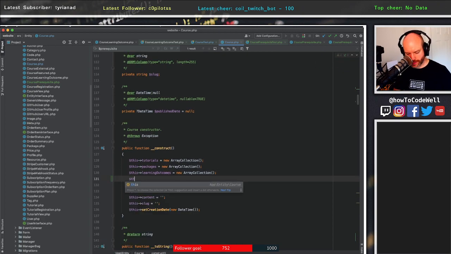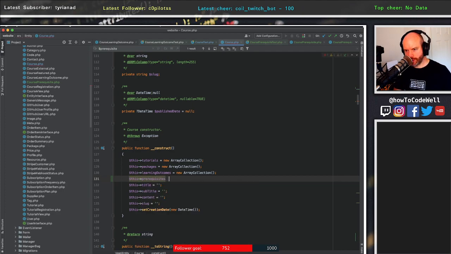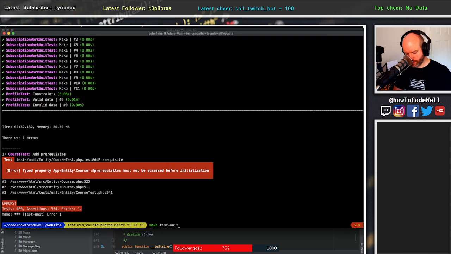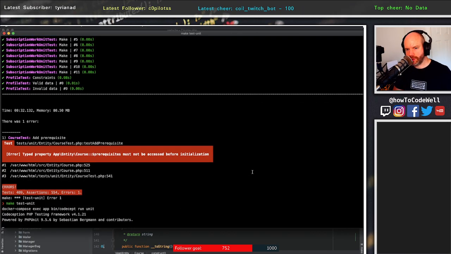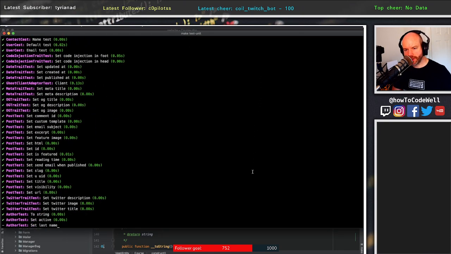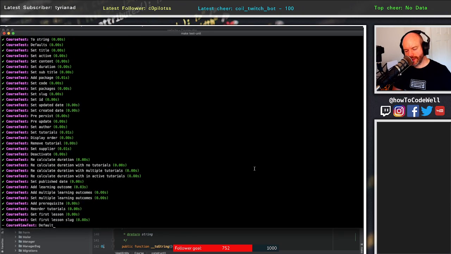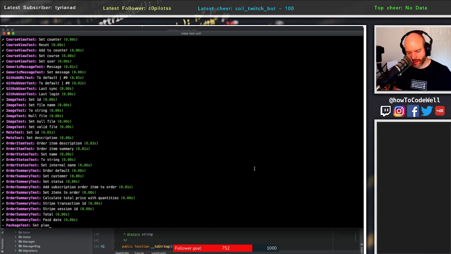So we do this. Prerequisites is equal to a new array collection. There we go. Let's run those tests again. We'll keep doing this until that test passes, and then we'll uncomment the other tests, and we'll basically just do a rinse and repeat. I know this is testing entities and accessor methods, but